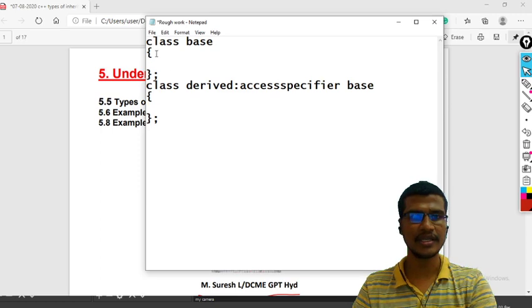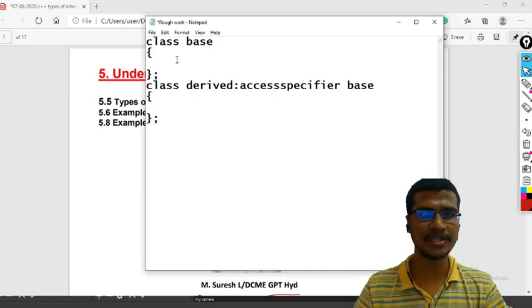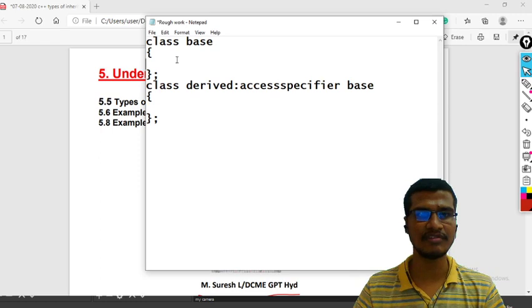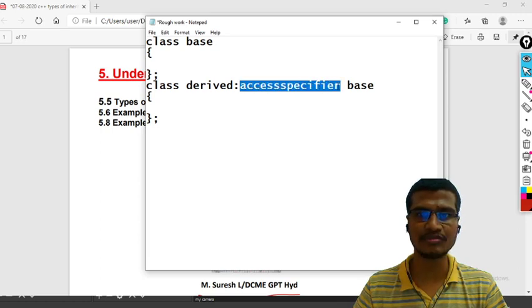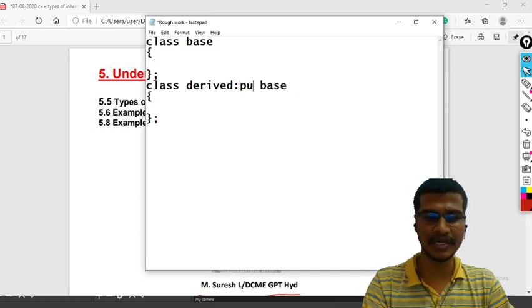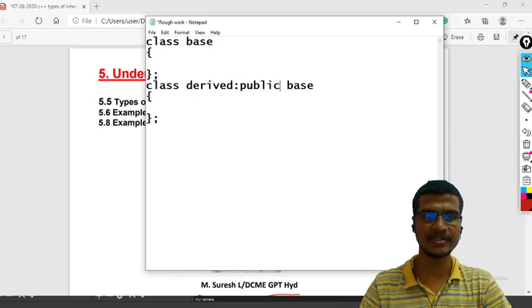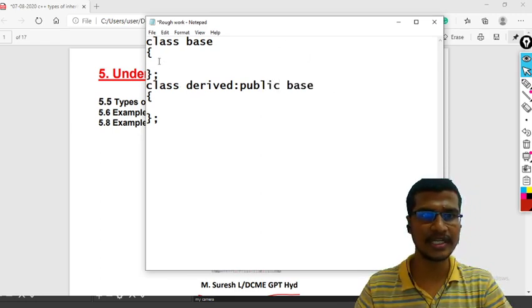What are the properties of a base class? Either I can have data members or member functions. Whatever data members and member functions are there in the base class, those are coming into the derived class. And which ones come into the derived class depends upon the access specifier or visibility mode. If it is public derivation, we have already discussed, whatever data members are in the public section will come into the public section. Whatever are in the protected section will come into the protected section. Private variables are not accessible.